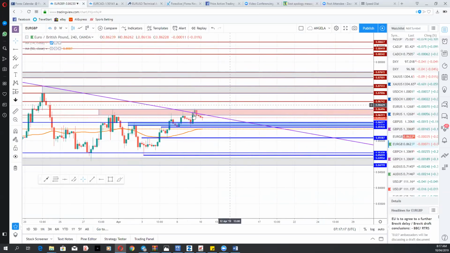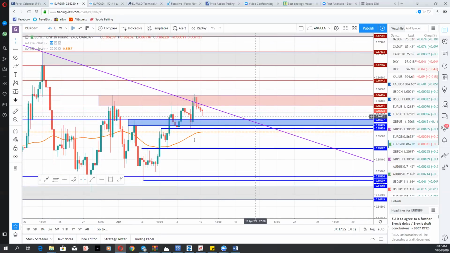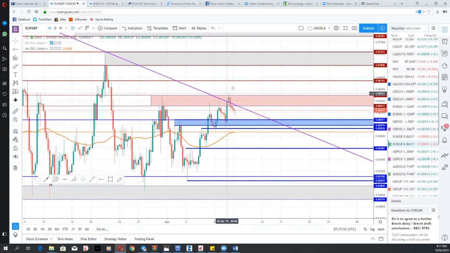Price broke above that trend line yesterday, but as it broke above that trend line, it ran into a resistance structure at 0.8649 to 0.8631. So this area now serves as resistance. What might most likely happen is that price might come down to this support structure. As long as this support structure holds, there is a potential that price may move higher. But a break below this support structure might send price lower.